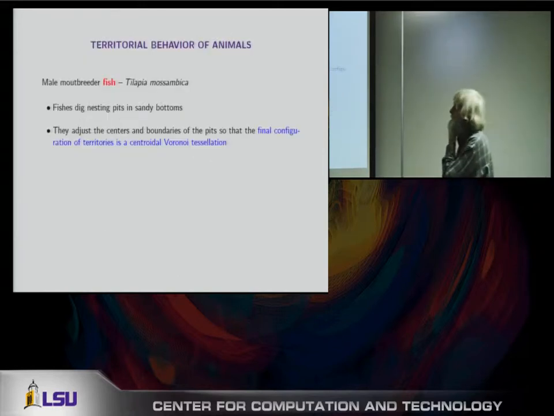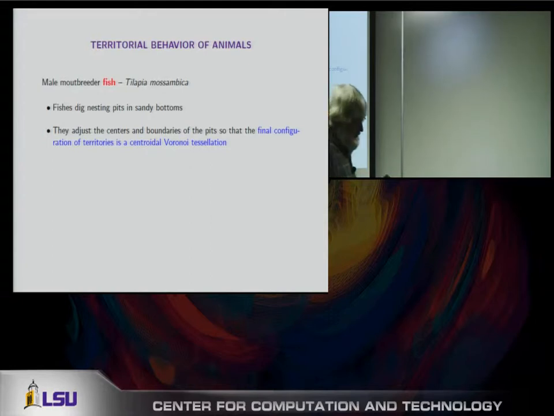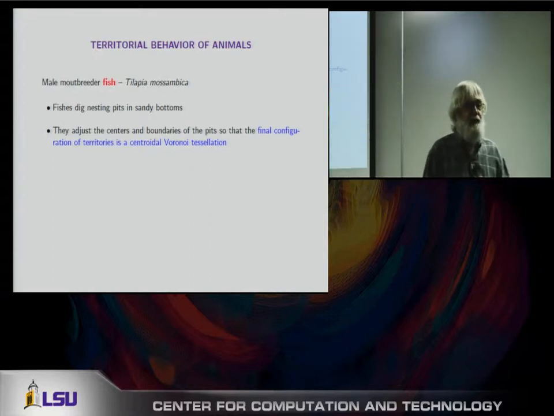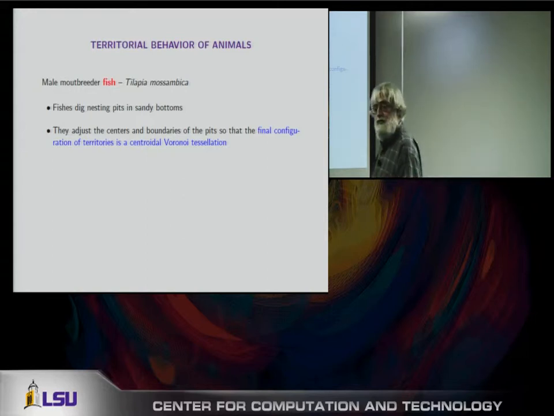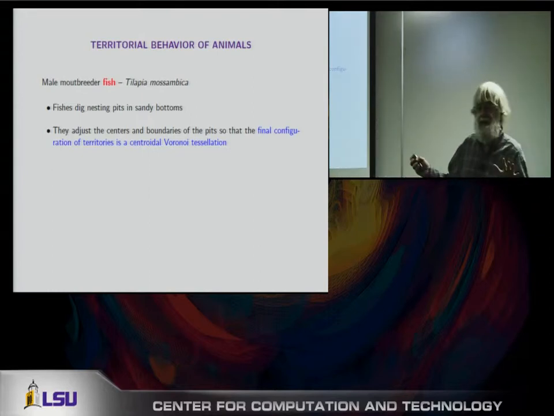Territorial behavior of animals. The male mouth breeder fish, Tilapia mozambica. This fish lives in ponds and lakes with sandy bottoms, and the male member of the species digs pits in the sand, which the female member then comes and, when it's doing its egg business, uses. And what happens is this is done synchronously by all the males in a given